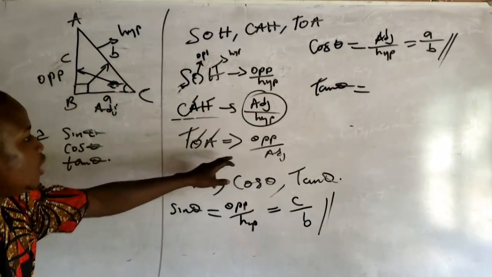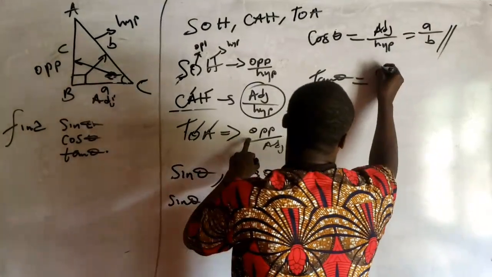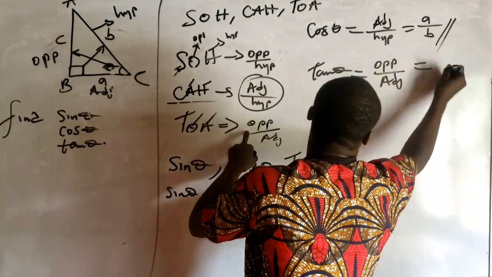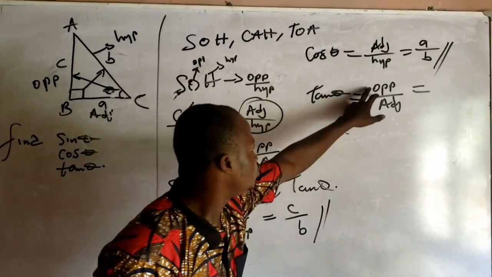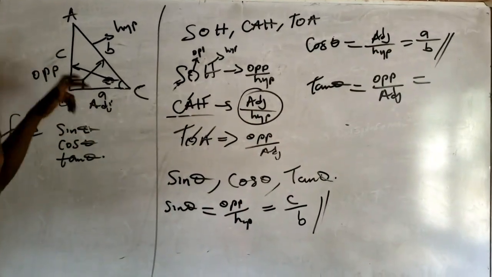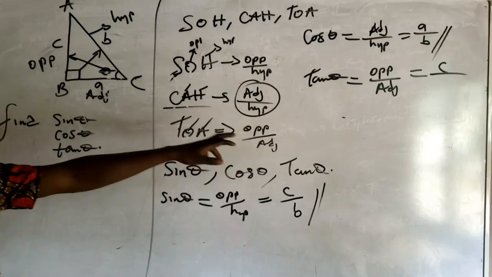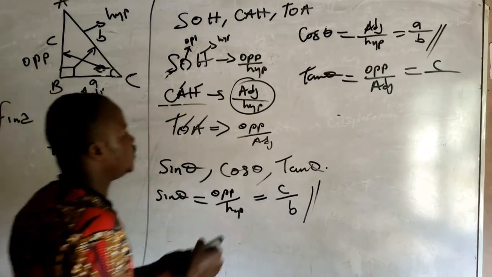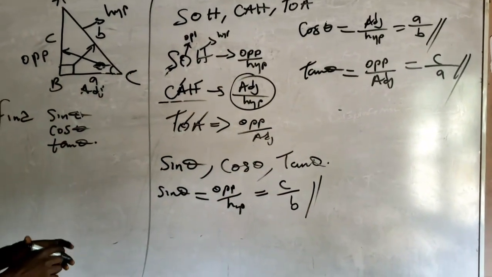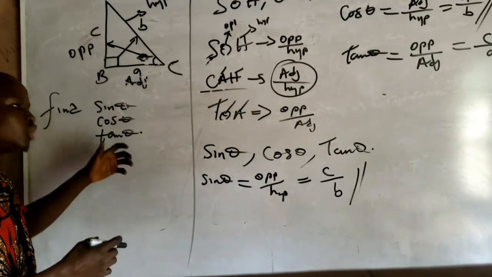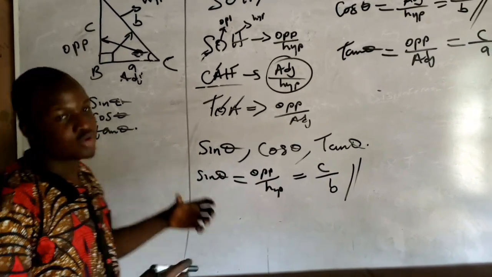Now, tan theta. When you come here, you see TOA: opposite over adjacent. Having identified tan theta as TOA, opposite over adjacent, what is our opposite? It is c. Now we put c over. Then what is our adjacent? It is a. So c over a. This becomes the answer. This is the basics of this topic. If you know this, you can solve any question under this topic. So in our next video, we are going to talk about questions that will